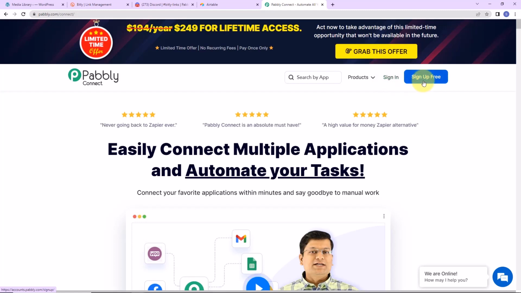It won't take more than 2 minutes, and also at the time of account creation, you will get 100 free tasks. So now since I'm an existing user, I'm simply going to click on sign in, and as I do that,